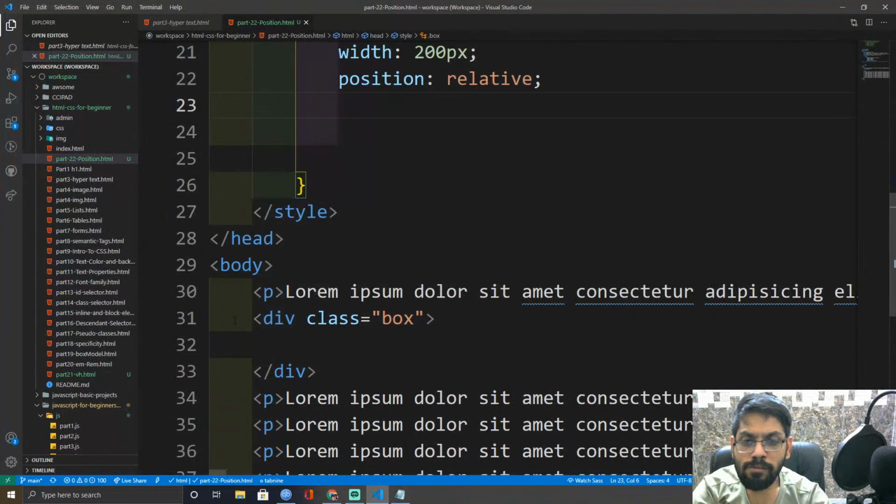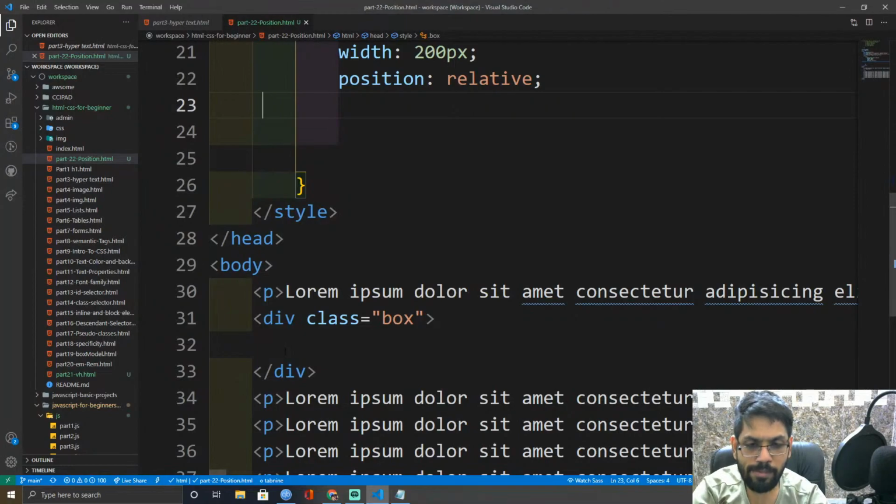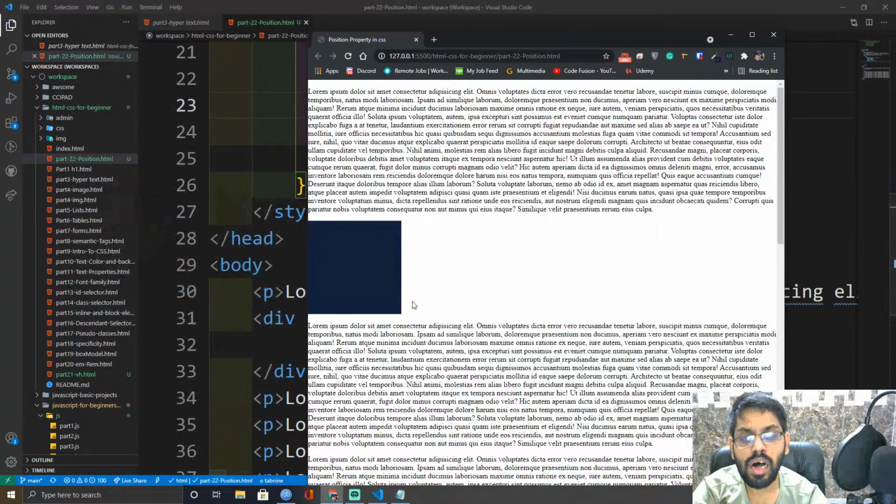Just like we have the p tag after this box, before the second paragraph, in between we have this box element, and from this point, if we add